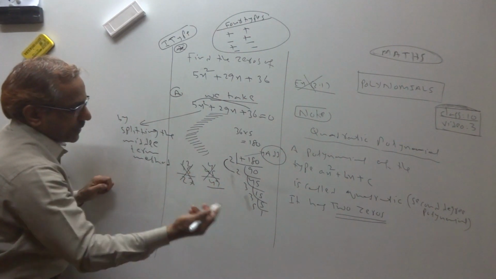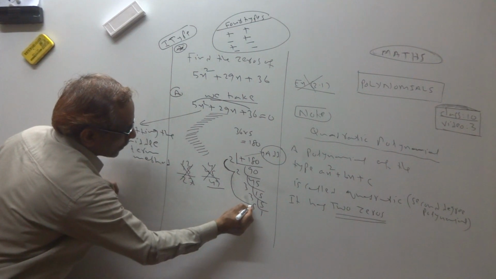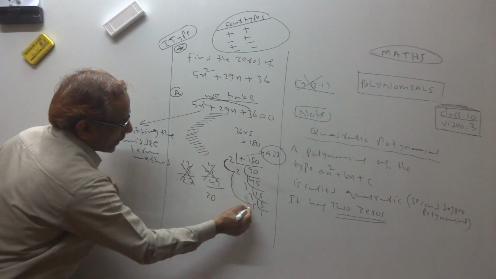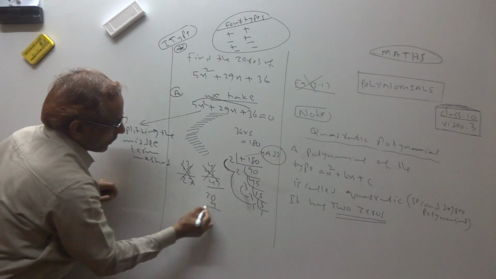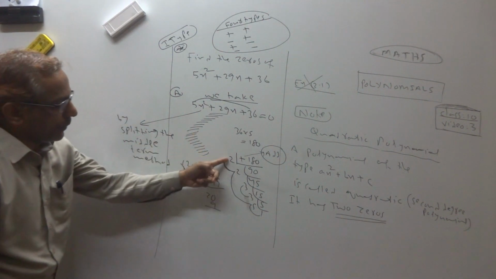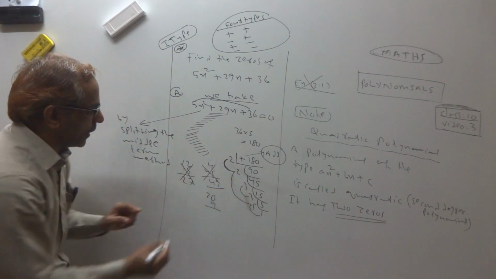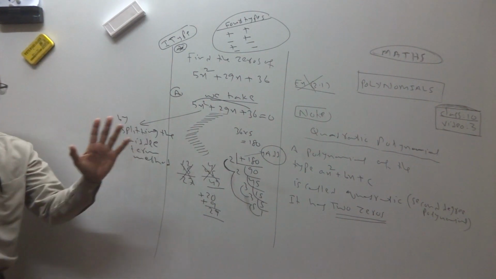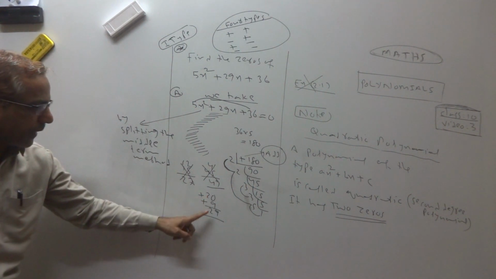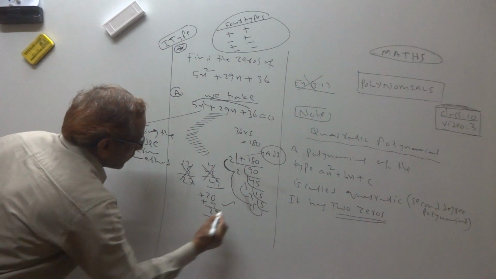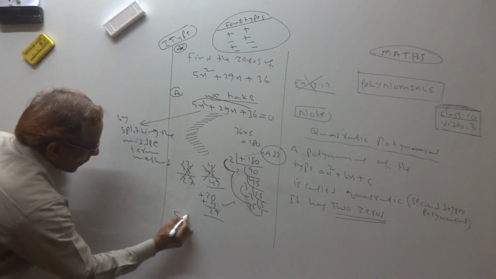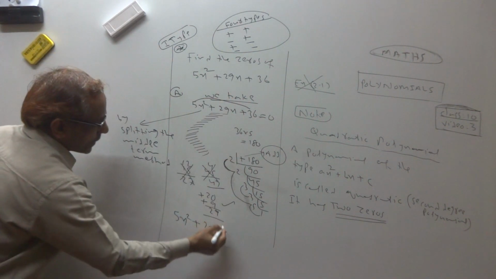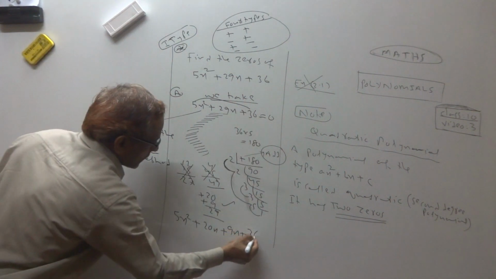So like that, take different combinations. See, I am taking now 2 twos are 4, 4 fives are 20, and 3 threes are 9. 20 and 9, 29. I got 29. Then you take both plus, because plus 20 and plus 9 is plus 29. So this way we decide. Now please see. Instead of 29x, we write plus 20x plus 9x plus 36 is equal to 0.